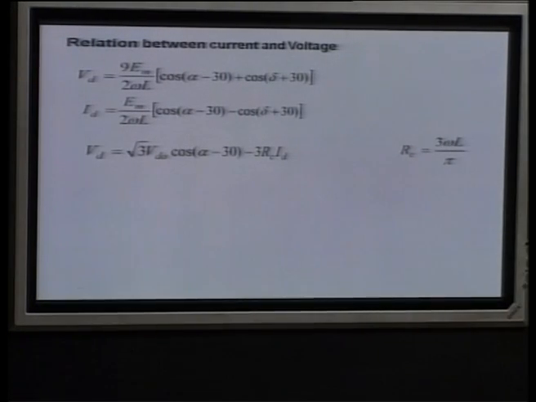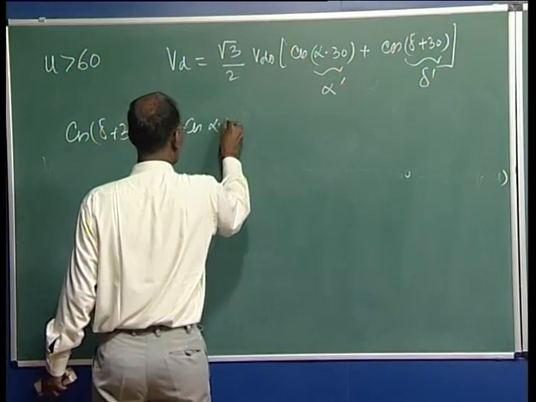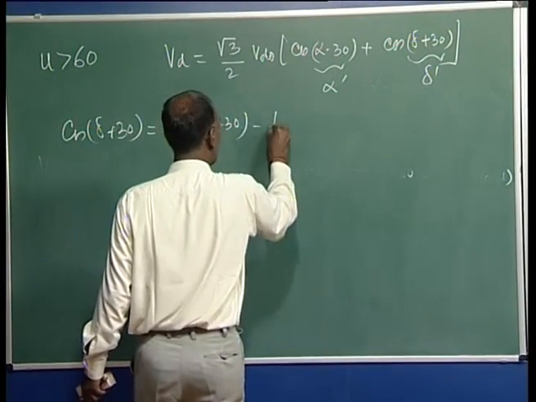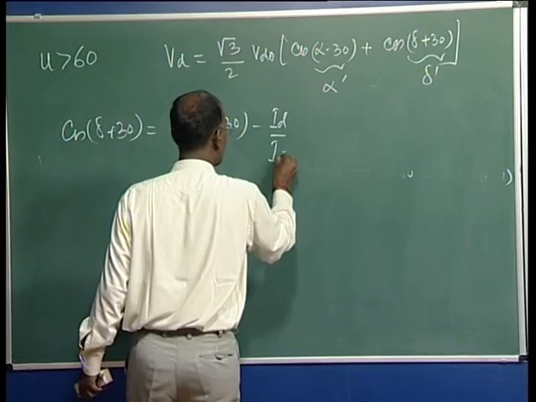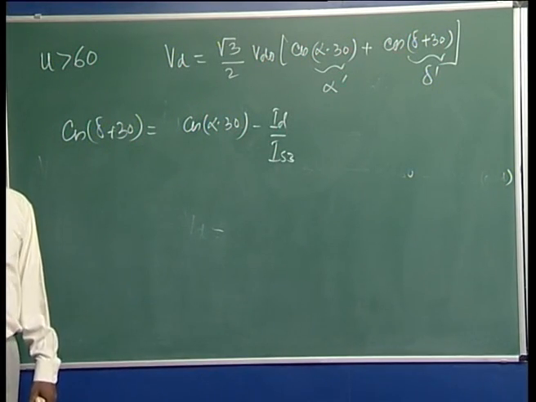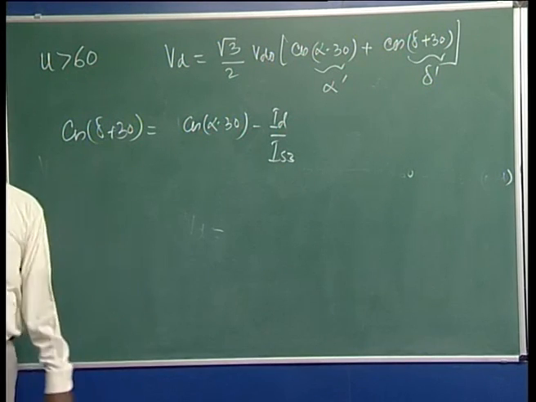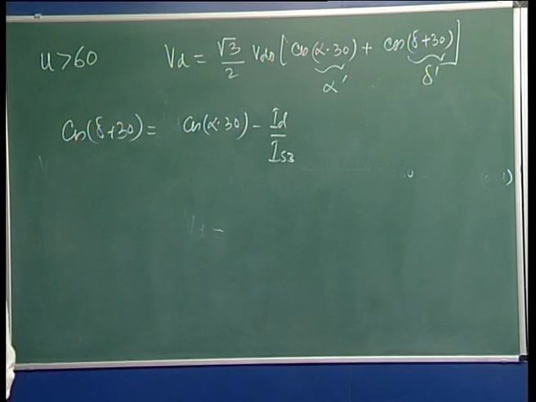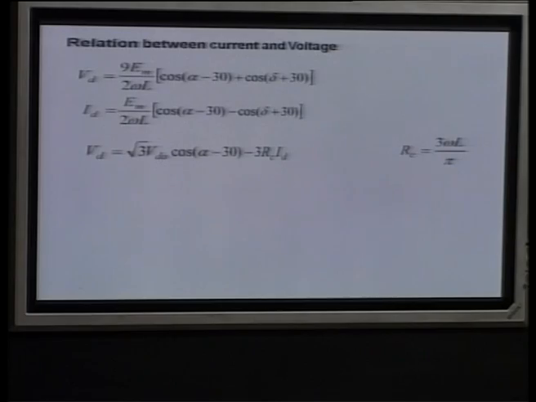So it is cos alpha minus 30 minus ID by IS3. I am not using IS2 because IS2 we used there. So if you put this value here,